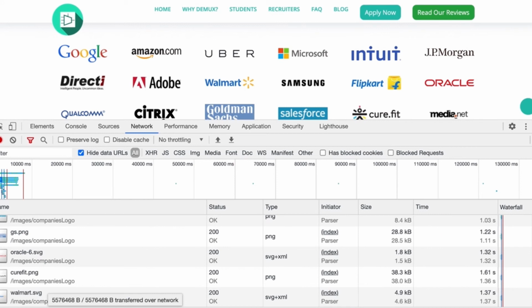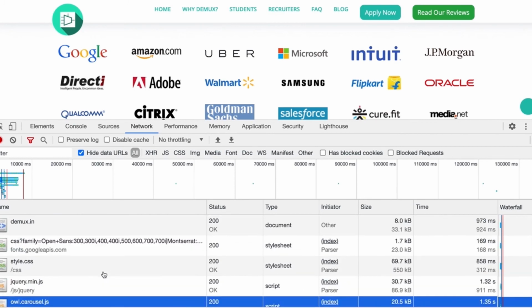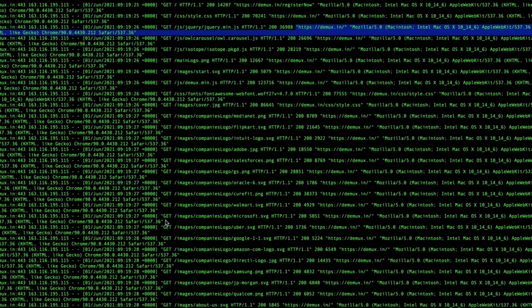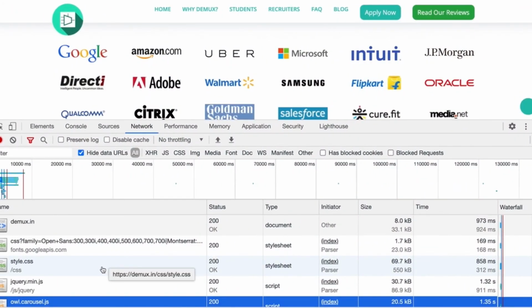Okay, so I think this client-server thing would be clear by now to everyone, how we are making a call to a server, how the server is responding back with all the files. By now you might be getting a clear idea that these are actually the files which are getting served by Apache. So Apache is returning each and every file, and my client here is getting the same number of files. The size is also mentioned here. If you see size and time, how much time it would take for me to get a particular file.